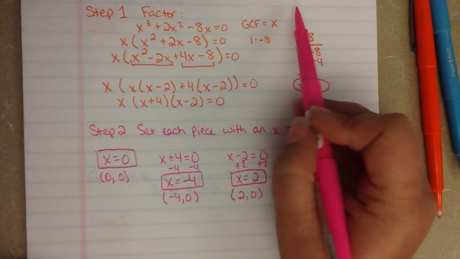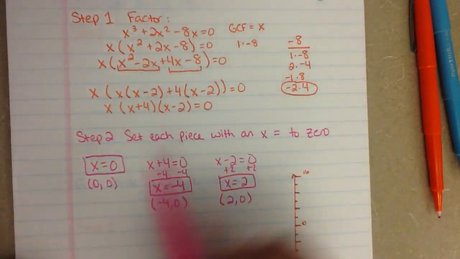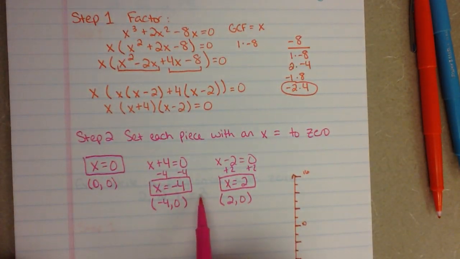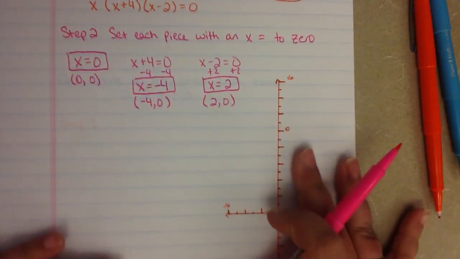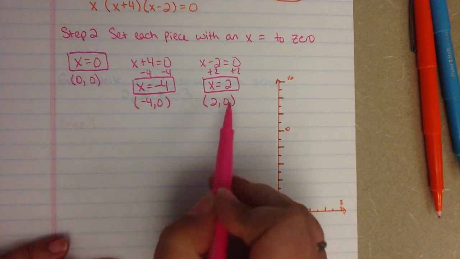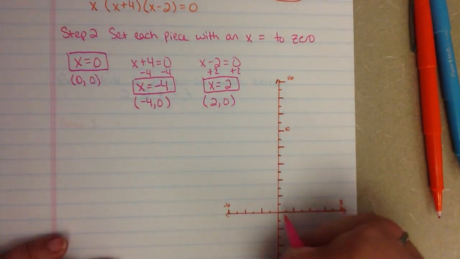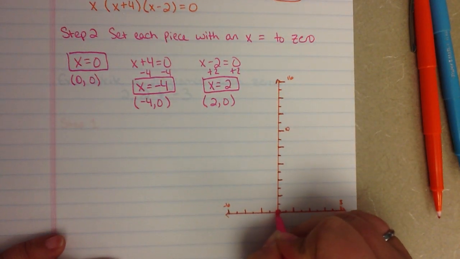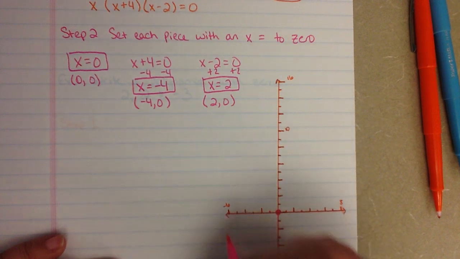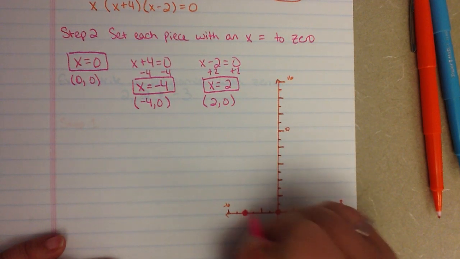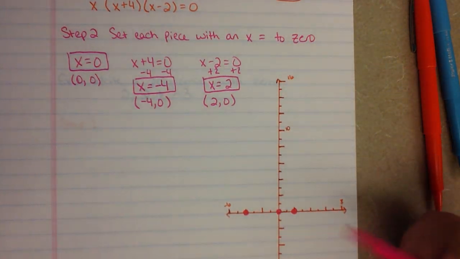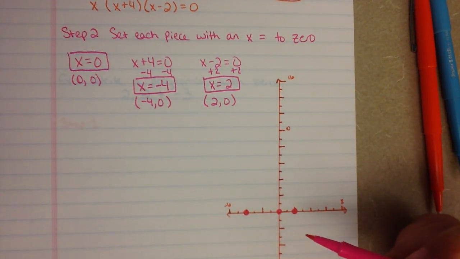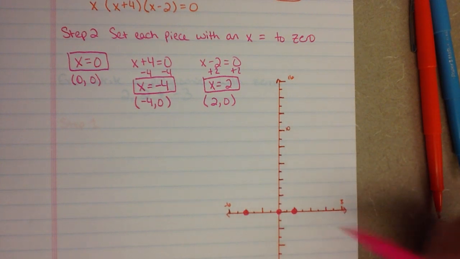So I needed to find the zeros. These are my zeros, 0, negative 4, and 2, but I also need to graph. So down here on my graph, I can graph these ordered pairs. So my first 0 is at 0, my second 0 is at negative 4, and my third 0 is at 2. Okay, now that's not much of a graph. So what do you think we can do to find extra points? Well,